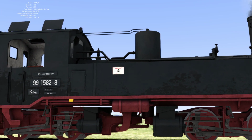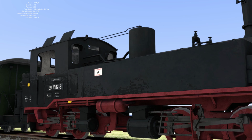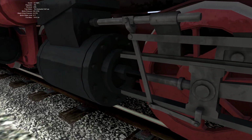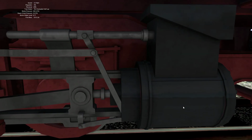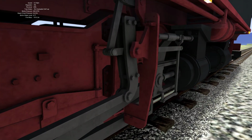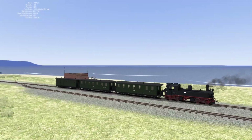But yeah, something I never noticed. Is it supposed to do that? No, there's no cutouts. So interesting, your valve gear ends up inside the cylinder here. Fun little bit of oversight. Oh well. Like I said, it's an older model. Most likely you'll never get another update for it or anything for it. But